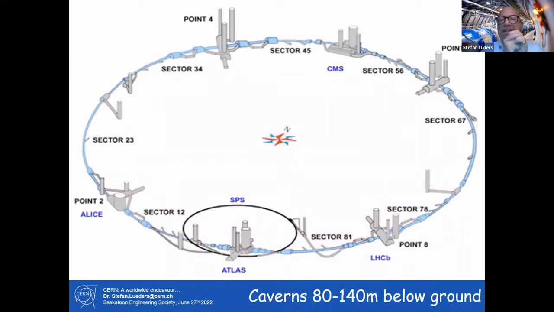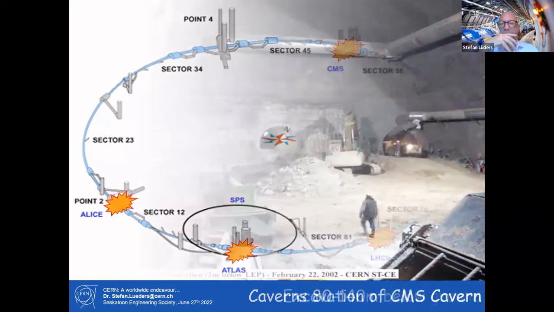Point number 4 is where we accelerate. This is where the RF system is sitting. Point number 5 is at the very top, the CMS experiment, a collision point. Point number 6 is where we dump the beam, where we get rid of the beam. This is our safety area. Point number 7 is again a point for beam cleaning. And point number 8 again is collisions. And with this, we made up one circle. So here we are once more.